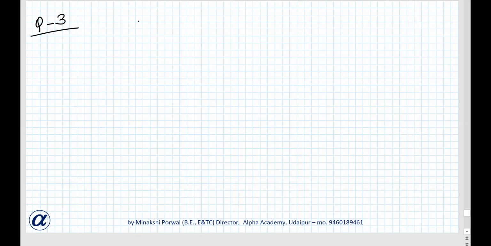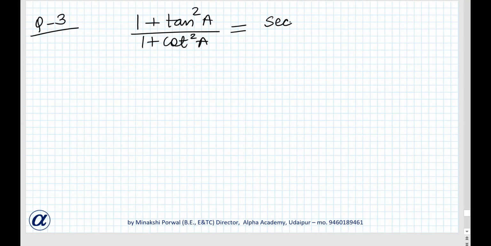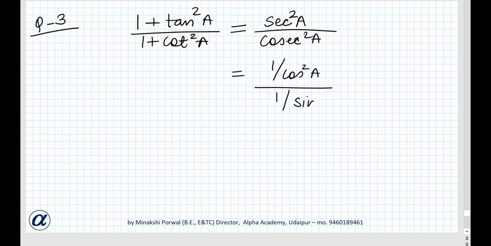we have to find the simplest form of this: sin square A by 1 plus cot square A. Okay, if we put the identity, 1 plus tan square A क्या होता है? What is the identity 1 plus tan square A? Yes, Avni, what is the identity 1 plus tan square A? Sec square A. 1 plus tan square A is sec square A. 1 plus cot square A is cosec square A. Okay. Sec square A is 1 upon cos square A. Cosec square A is 1 upon sin square A.